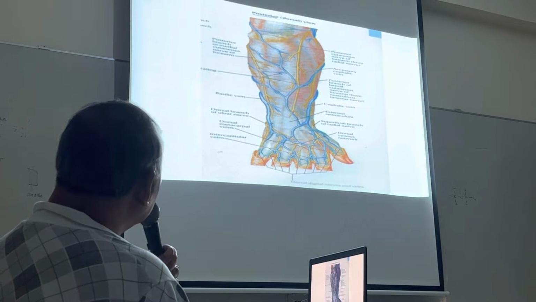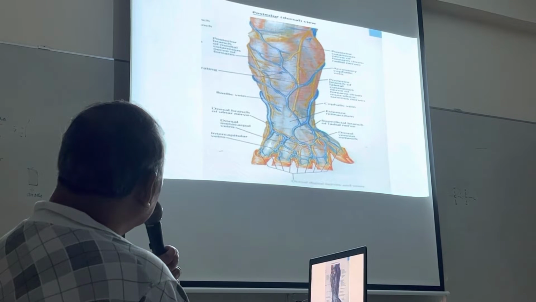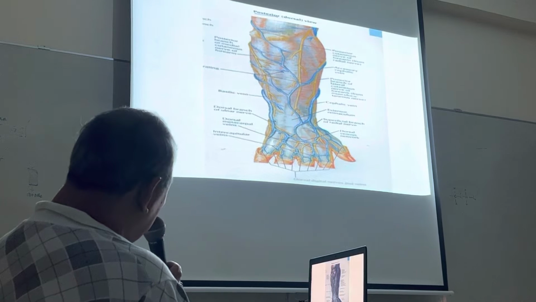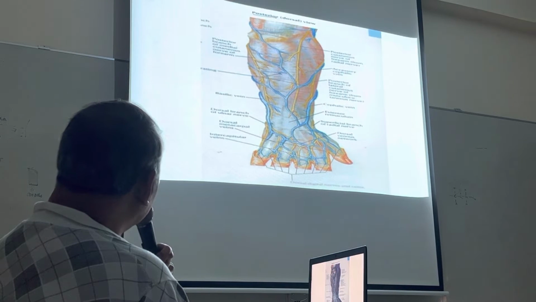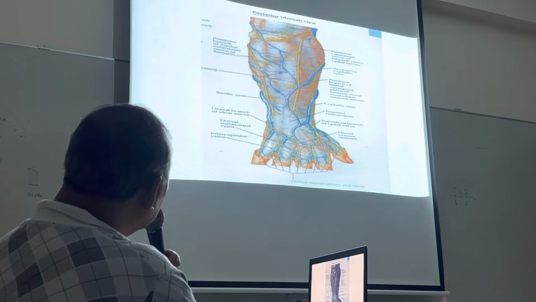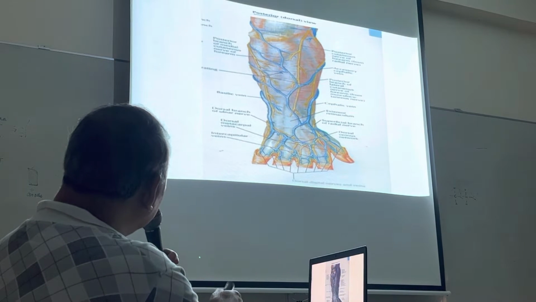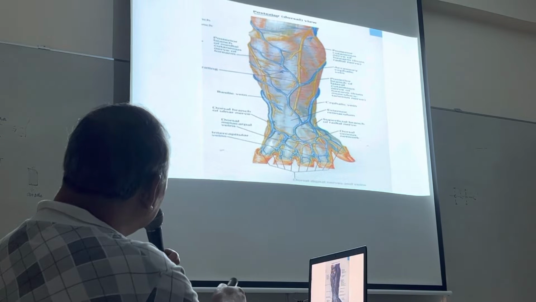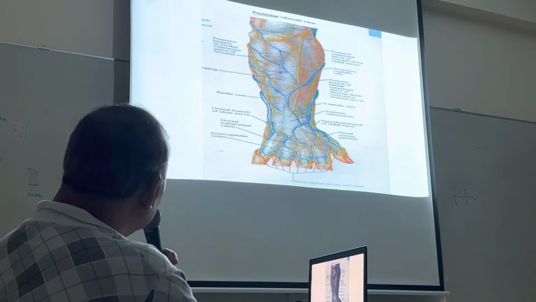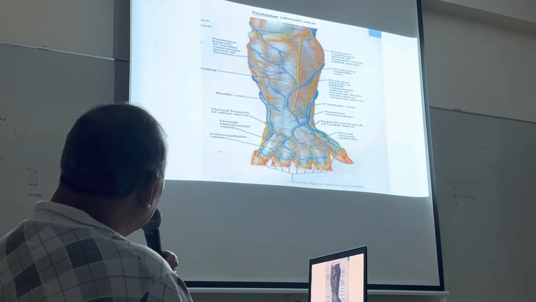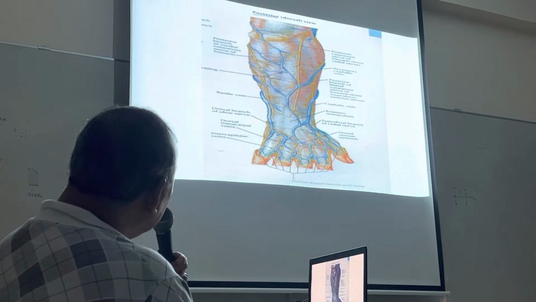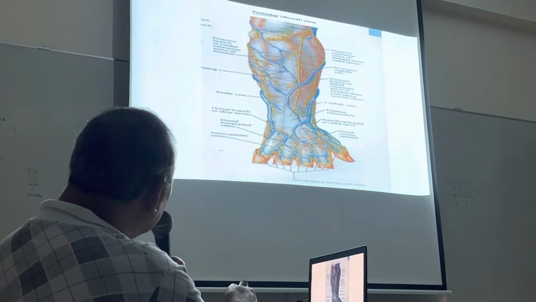Okay, so what are the nerve supply to the skin in the posterior part of the forearm? Yeah, you have here posterior cutaneous nerve. Okay, this is the branch of the radial nerve, so this part here. And then you have posterior cutaneous nerve, a branch of